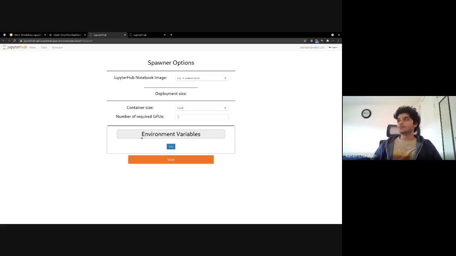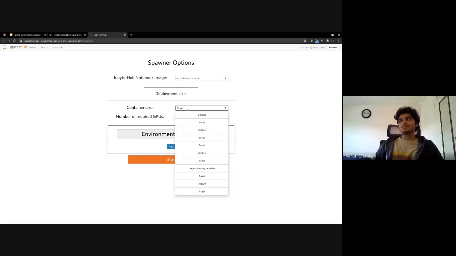That'll actually bring you to a sign-in page. You can just click on MOC single sign-on and then sign into the Jupyter Hub. I was already signed in, so it didn't ask me to do it. Once that is done, you should see a page that looks like this. This is where you will configure what your working environment would look like. For example, one of the things here is container size. Here's where you can select how many CPU cores and how many gigs of RAM you would